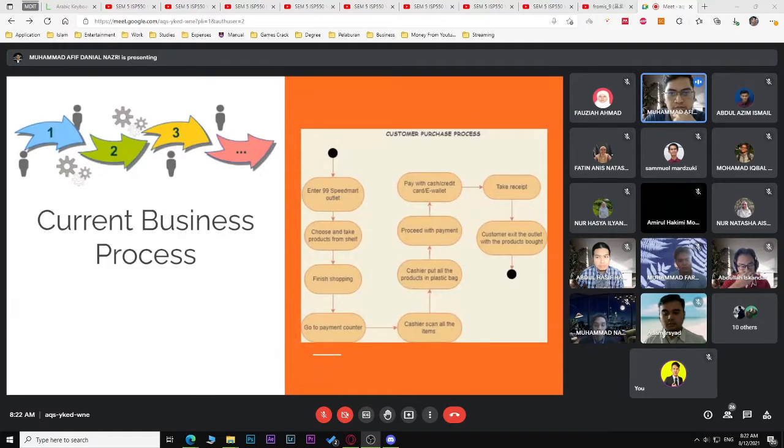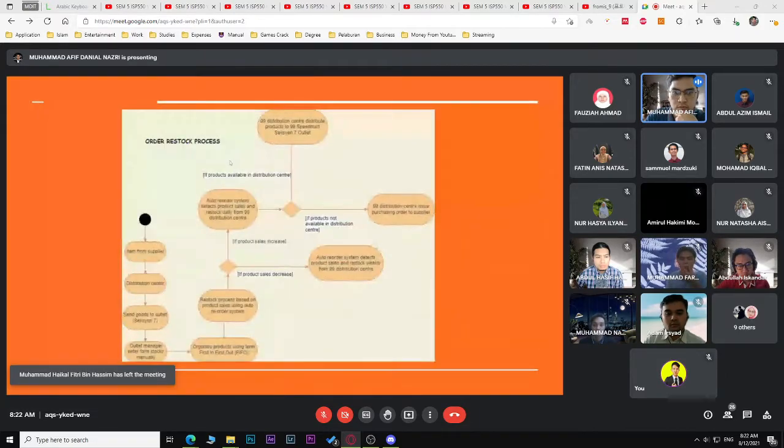The customer exits the outlet with the products that have been bought. That is the current purchase process in 99 Speedmart. And the order restock process